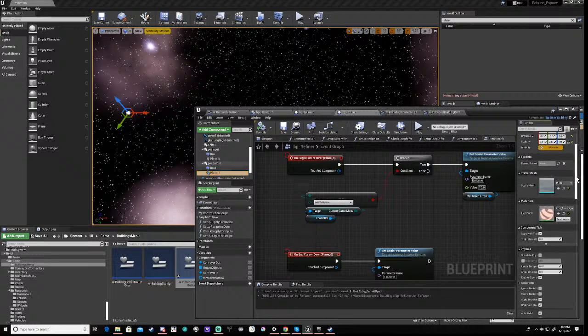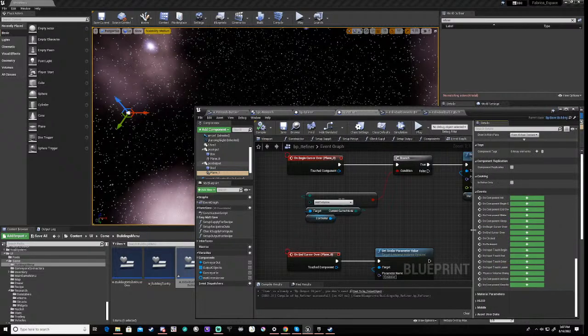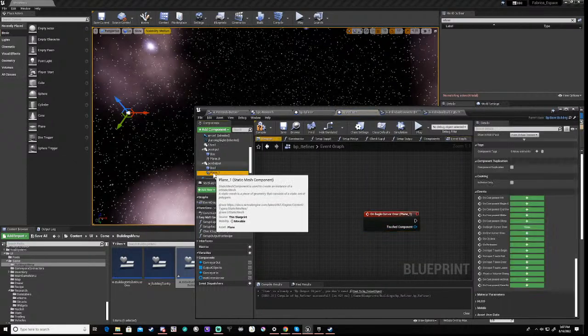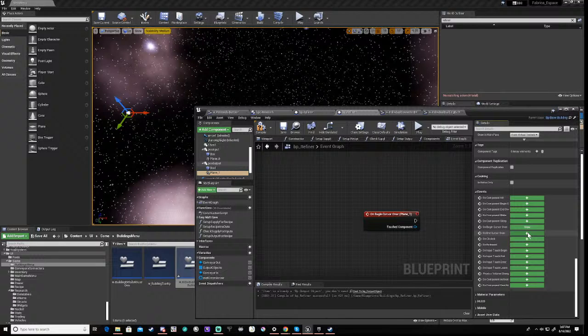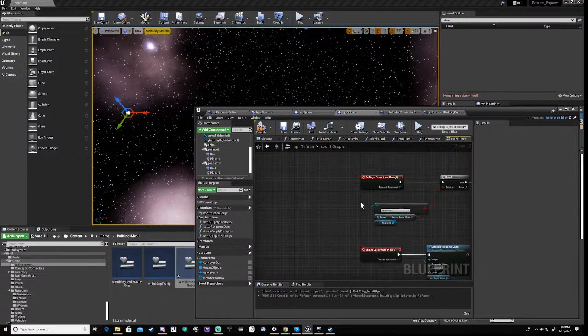Except it's going to be on begin cursor over. Right? And we're going to do the exact same thing as above, except